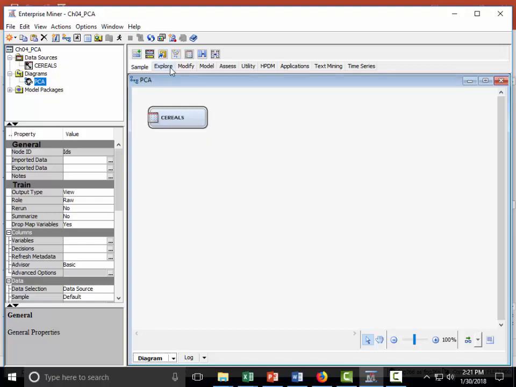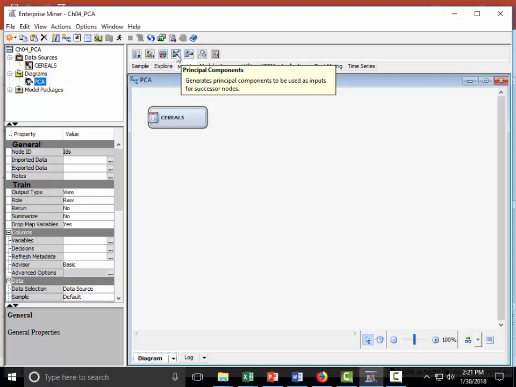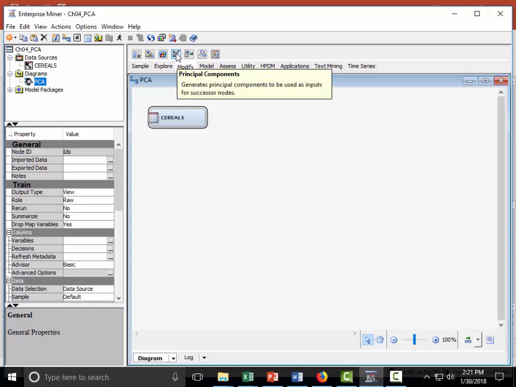Okay, and then so there it is, PCA. Okay, so modify principal components analysis. Good. Okay, so bring that in